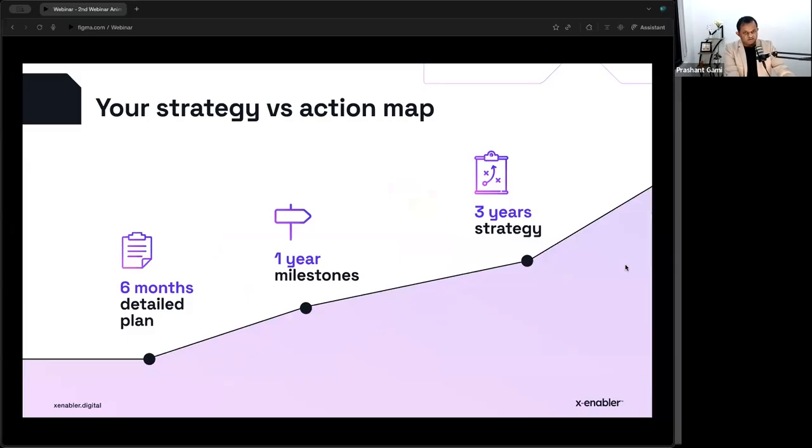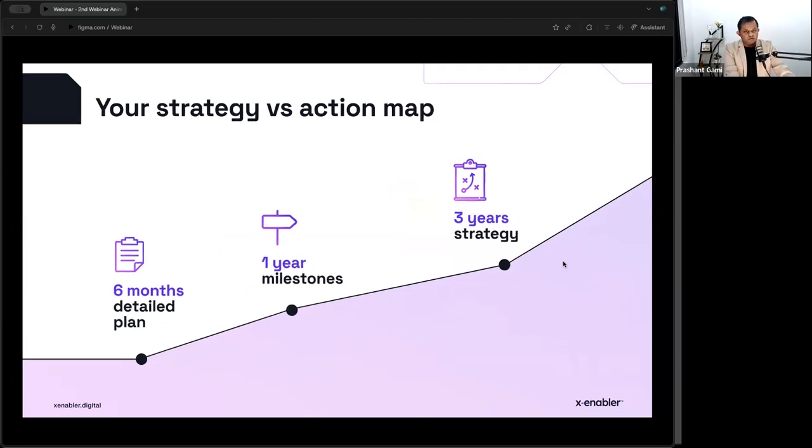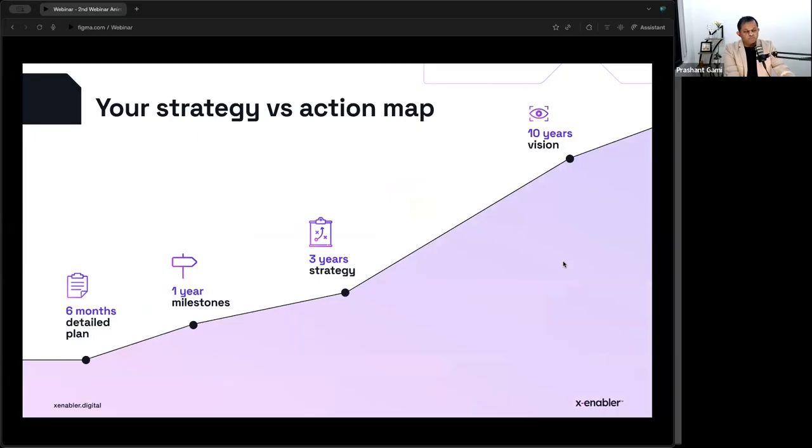You need to have a 3-year strategy: if this thing works, where should my product go in 3 years' time? All right. And then you need to have a 10-year vision: what my business needs to be in 10 years' time. And you keep revising this part every quarter, this part every quarter or 6 months, and this part every year. And then you keep revising them, because there's no hard and fast rule that this is the hard truth and nothing can change. Most successful businesses pivot, they are agile businesses and they keep changing.